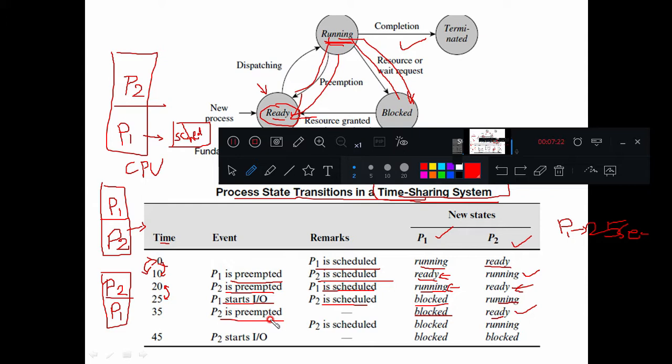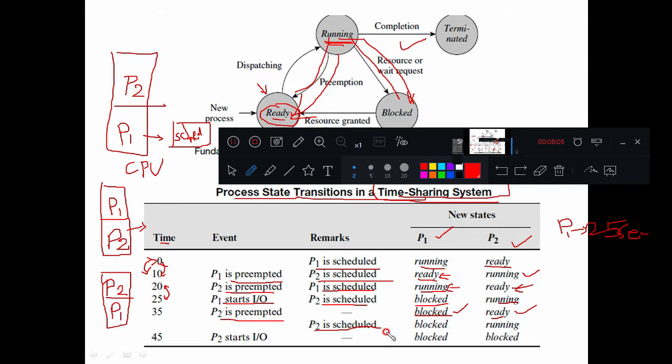If let us say one more process P3 is in the ready state, then the CPU will be allocated to P3. If memory doesn't contain any processes except these two, then the CPU will be released from P2. P1 is in the block state because it has not yet completed the IO operation, and P2 will become ready, and the operating system will check the memory whether any process requires the CPU. If it doesn't find any process except these two, then again P2 is scheduled, because the operating system doesn't find any other processes in the system.